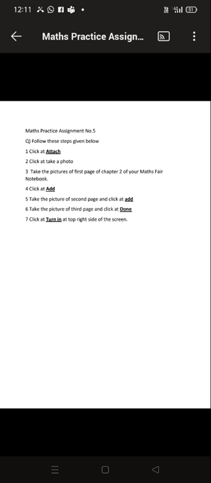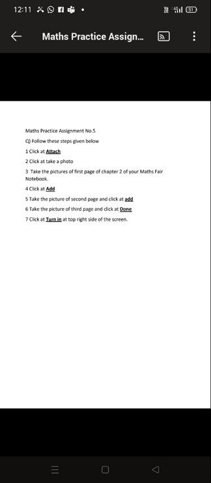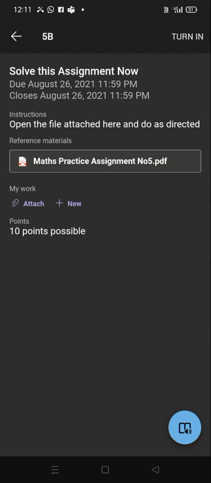So what I will do now, I'll note down these questions, or I will save this file in my device. Just click the three dots and click Download. So you can download also, or you can directly write the answers from here also. Now suppose you have written all the answers in your copy. Now what to do? Go back, and we have come to the initial state now.